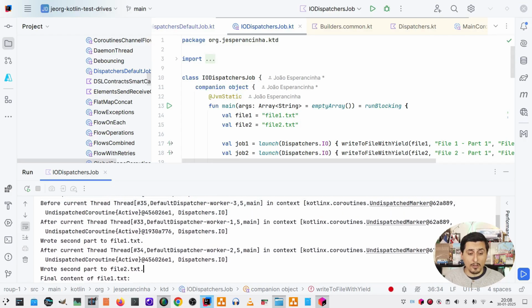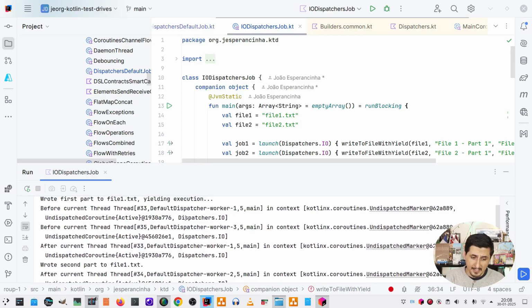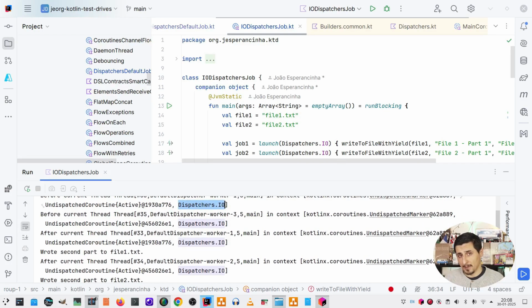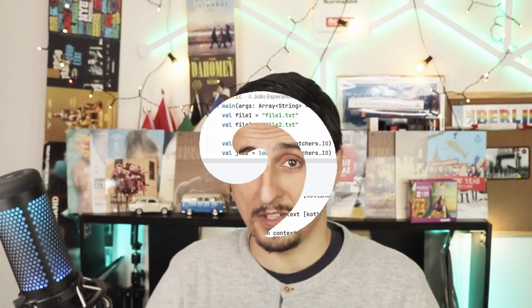And what's important here also to understand is that in all cases, the dispatcher used was the Dispatchers.io, the input-output dispatcher. We have reached the end of this video. Let's recap what we have learned so far. In the first part of this video, we have gone into the depths of what a suspend function is and what it has to offer. We have learned several things about it, and we have learned 6 points that we should now be aware of when